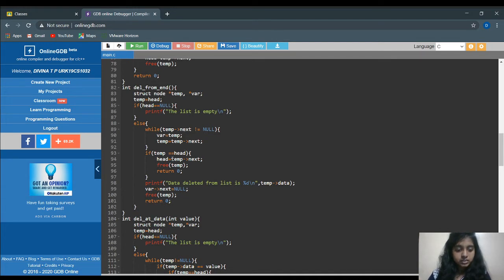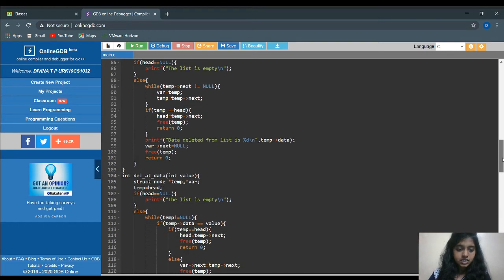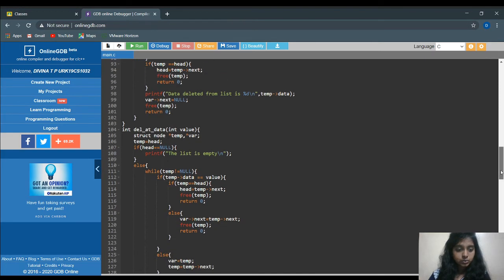So if head is equal to temp, it will free the temp, which means it will delete the temp variable, which is the last variable in the list. The user can also get the output as the data that has been deleted from the list.